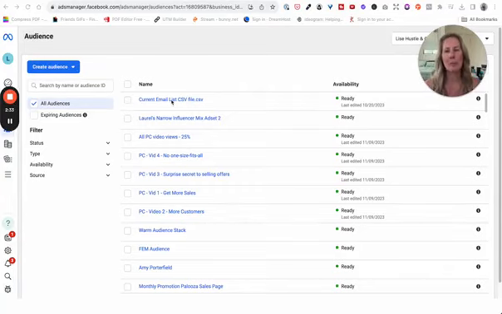So at a minimum, you want to upload your email list. Now, in order to do that, you need to ensure that you are uploading a CSV file. And to make life a lot easier for yourself, all you need to worry about is including first name and email address. That's it. You don't need any other identifiers, just upload that.